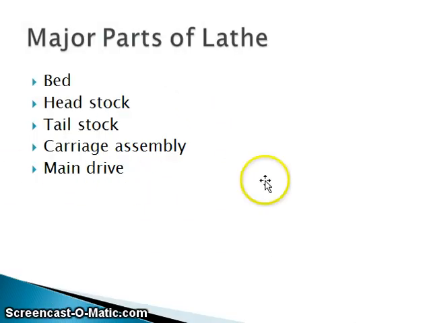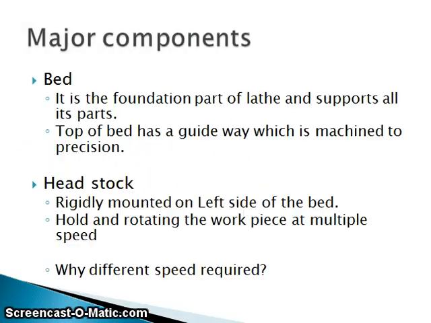The lathe bed forms the base of the machine. The headstock and the tailstock are located at either end of the bed, and the carriage rests over the lathe bed and slides on it. The lathe bed, being the main guiding member of the tool for accurate machining work, must satisfy some conditions. It should be sufficiently rigid to prevent deflection under the tremendous cutting pressure transmitted to the tool post and carried to the lathe bed.